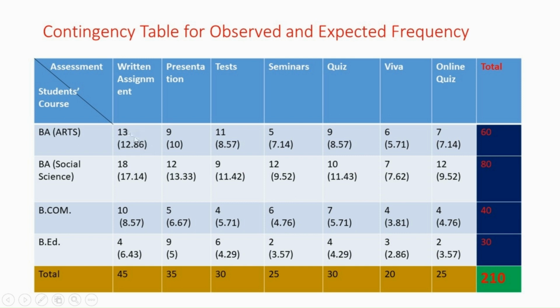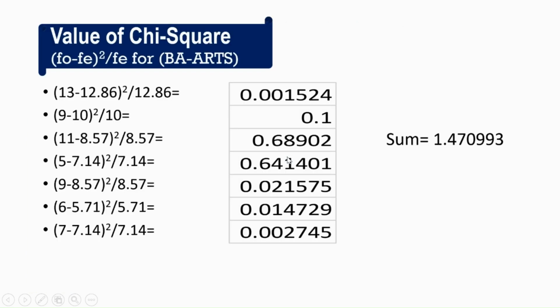So first we find the difference, that is 13 minus 12.86, FO minus FA, and then we square it and divide by FA, that is 12.86. So we can see here for the BA Arts students, (13 minus 12.86) square divided by 12.86, and we get the value